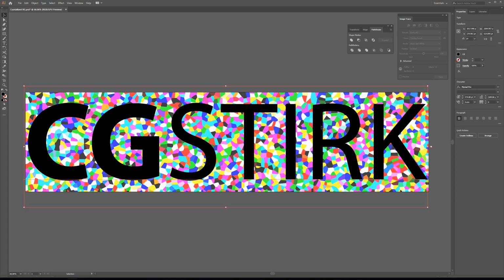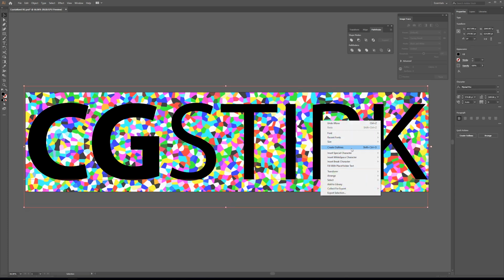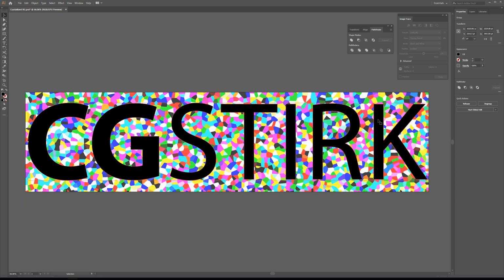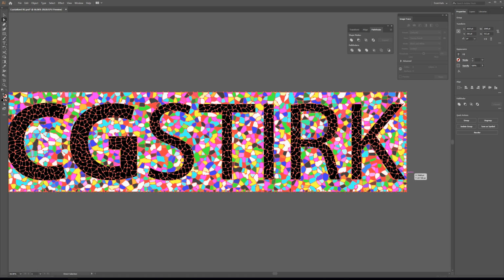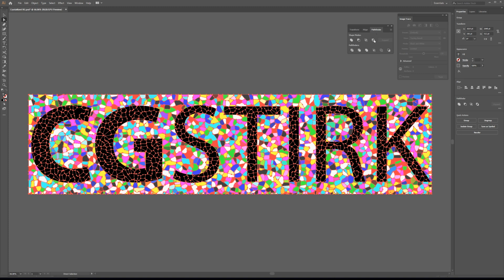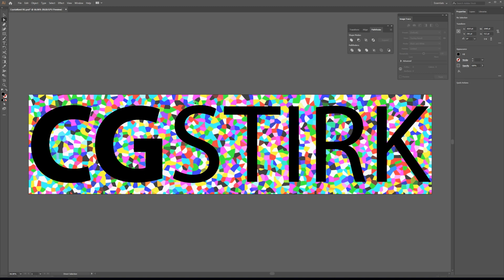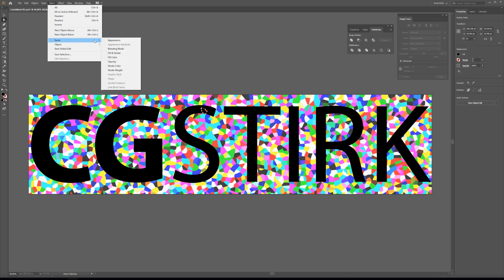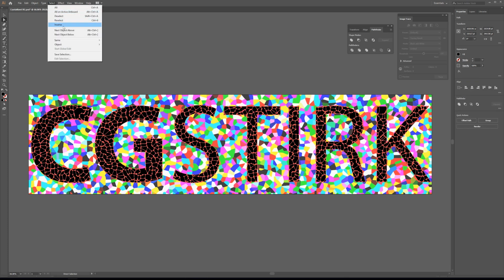After you've done that, you're going to select your text, right click, and do Create Outlines. Again, if you have imported another image, you'll have to do the image trace and vectorize it. That's going to be slightly different, but if you're just making text, you can simply create outlines from the text within Illustrator. Next, we're going to go into the Direct Selection tool and select the entire canvas, so all the pieces and the text are selected. Then under Pathfinder, you're going to do the Divide operation. Next, you're going to select one of the pieces of your text, then go up to Select, then Same Fill Color, and then go back up to Select, choose Inverse, and delete them.